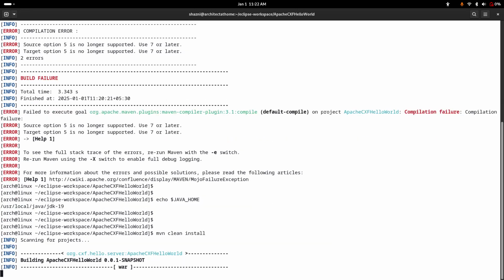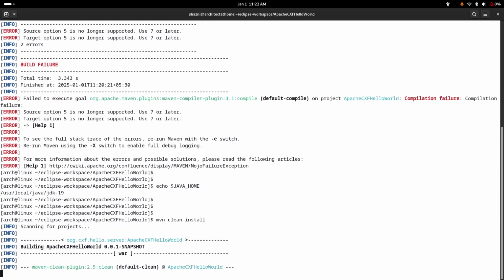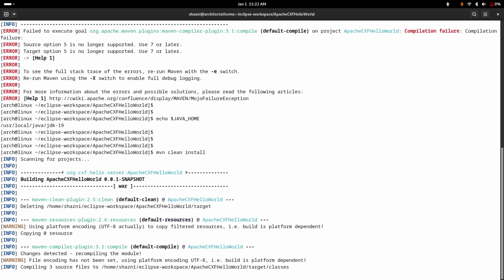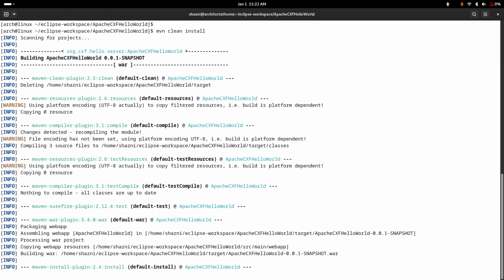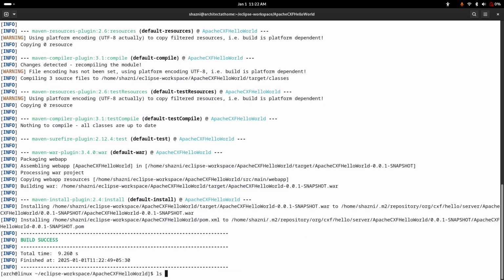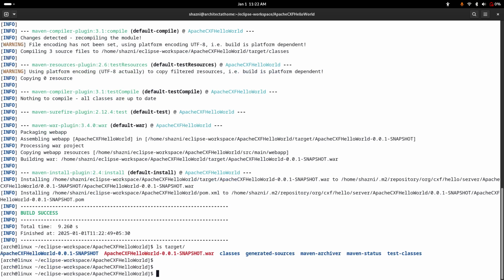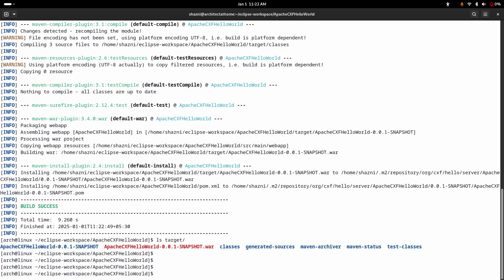So with this, we should be able to build it. And if everything goes well, it should build the war file. Right, so it did build this time around. If you go to the target folder, you will see the war file. Now with this war file, the next thing we need to do is